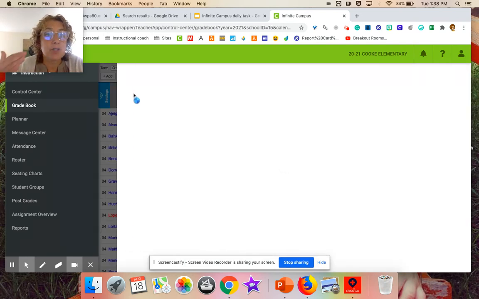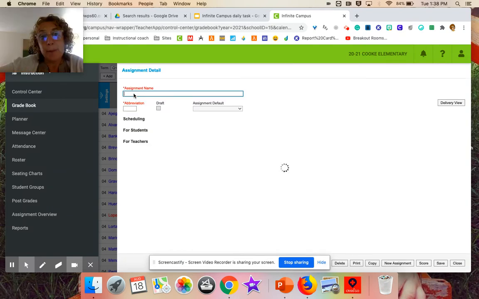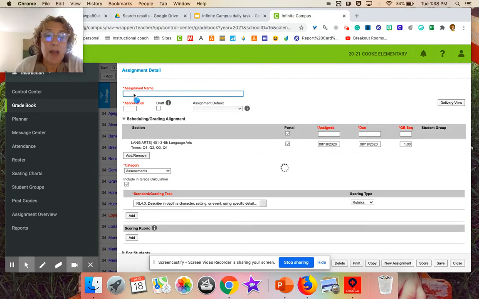And again, I'm just doing that same philosophy. I'm working from the top and I'm working from the bottom. Now, usually, yes, everything in red means I need to enter. However, this is the same program that's used for middle school and high school. So anything that's in the red and gray is not necessarily anything that you need to enter. So it's a little tricky. So we do not need to give assignment dates and due dates in this gray section here. That is something more for middle school and high school and elementary school. We don't need it. So it's the assignment name, and I said it was